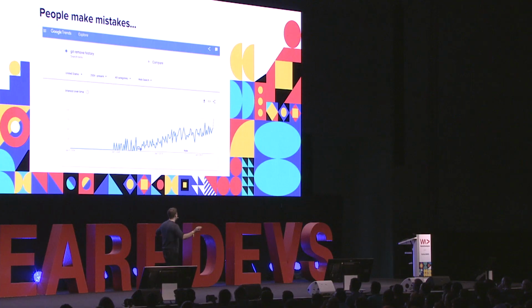And so people make mistakes. This is not necessarily super factual, it's a little more qualitative than quantitative, but we can kind of see over time how the search for git remove history became more common. And I think it's fair to say that this becomes a more common problem. The ease of coding, the ease of deploying things and putting things online has grown. More people can develop apps than ever before. There are a lot of different platforms. There are a lot of different ways to build something new, and it's exciting, and people do it, and then